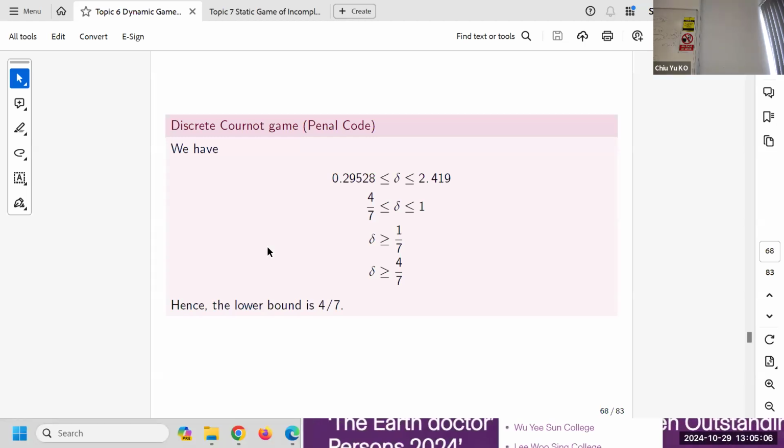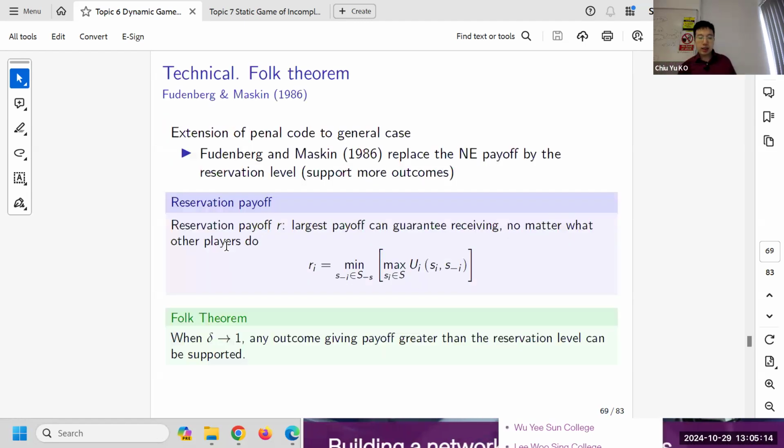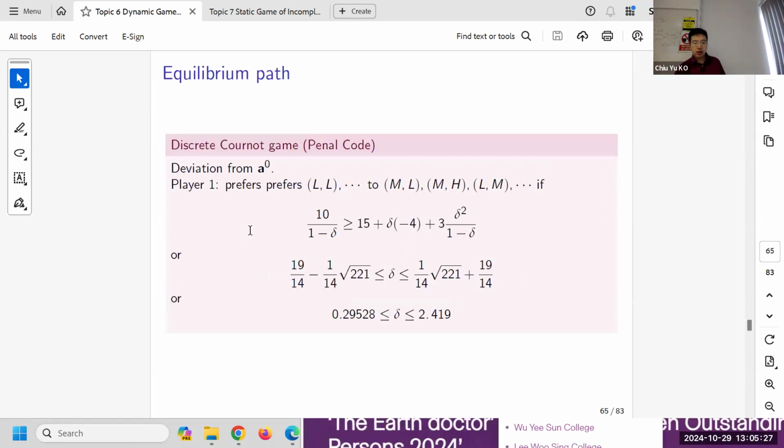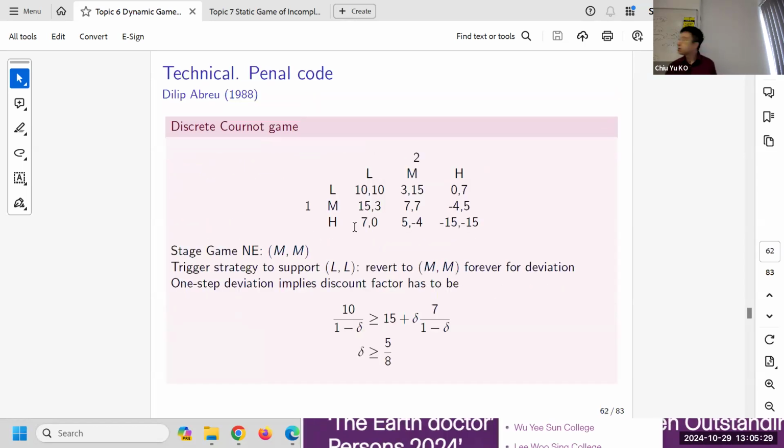7/4 is the lower bound. So it's much lower. Okay. So that is the main idea, right? And so the question is, this is a nice result, right? Because Nash reversion is not the best. The Nash reversion means we can support something that is even more crazy, right? We don't need the Nash as long as we have something complicated.